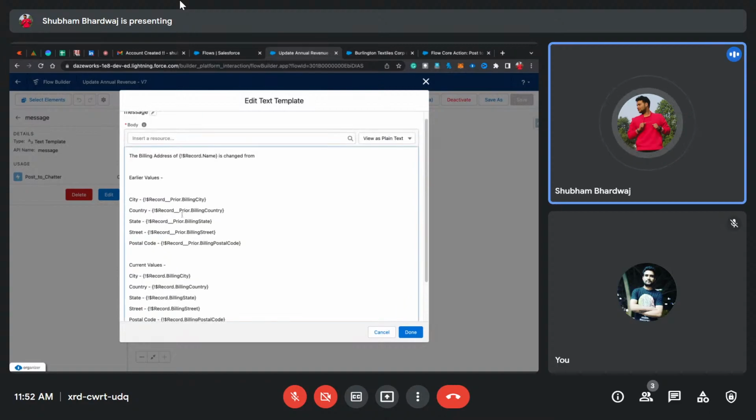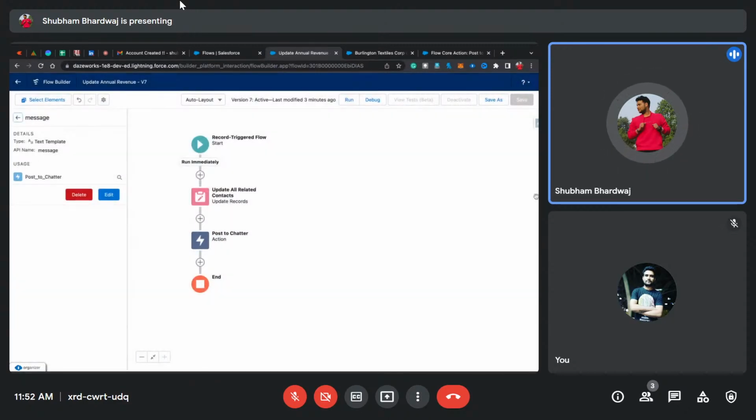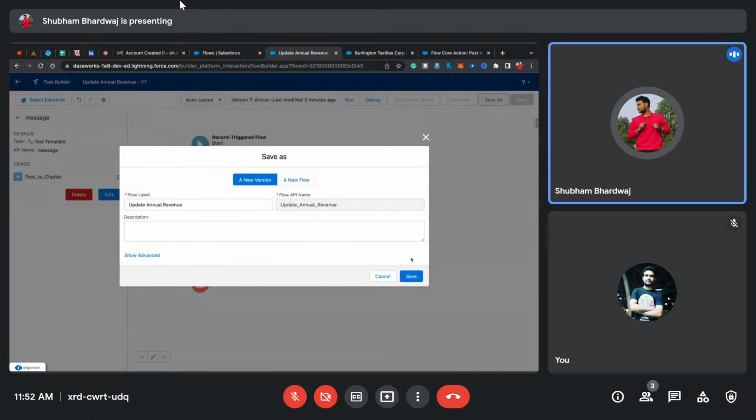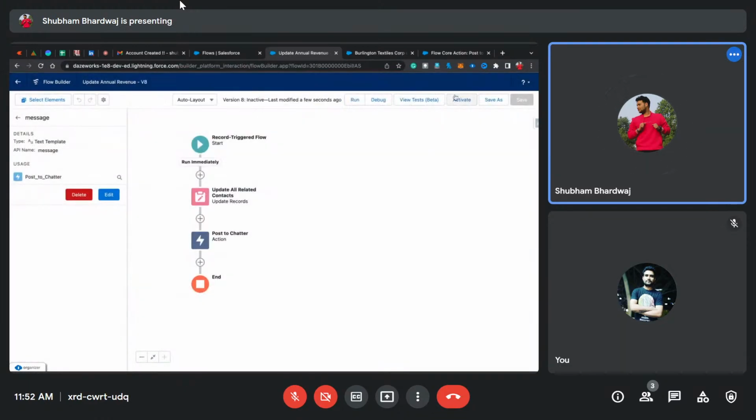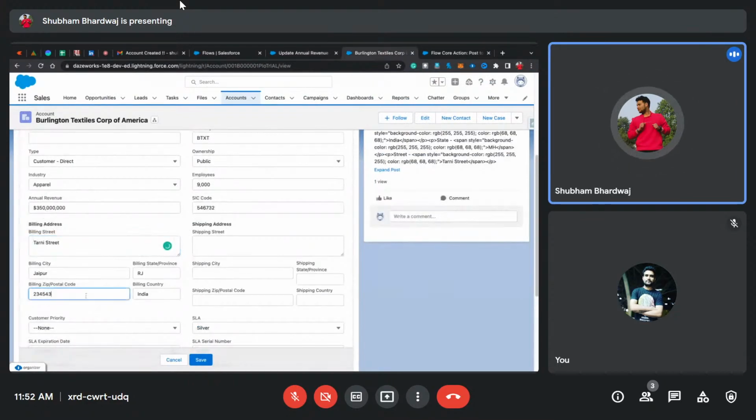Yeah, we are good. And let me just click on done, and again save, click on save as, and activate our flow. Now let's say again I'm going to make a change this time. I'm going to change the postal code. Let me just click on save,